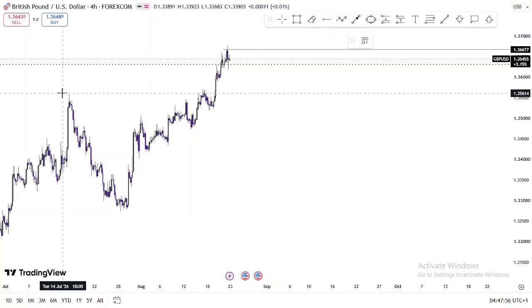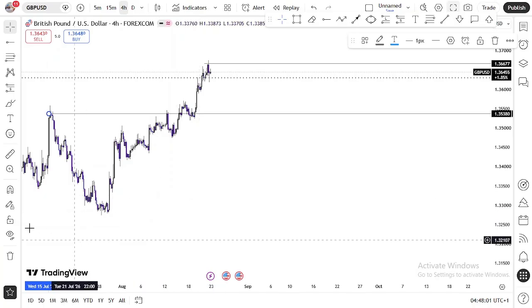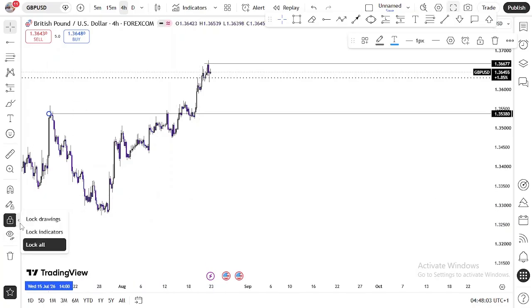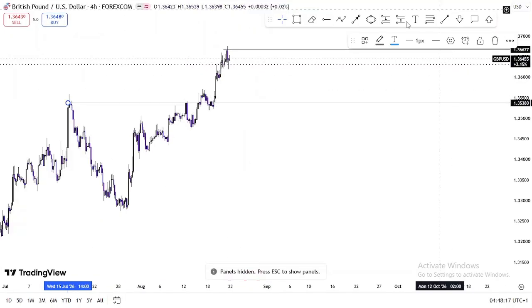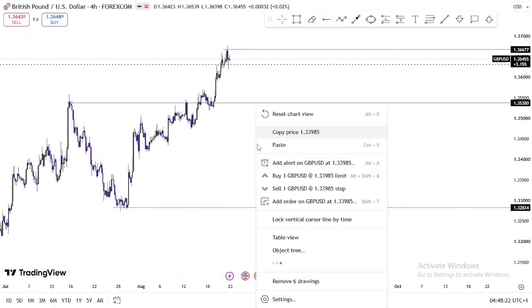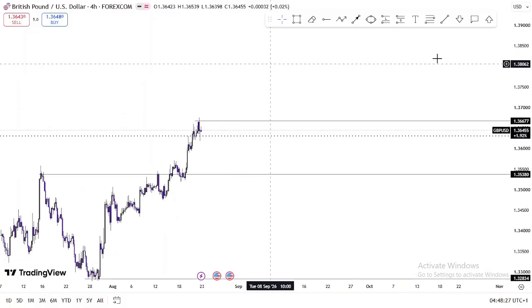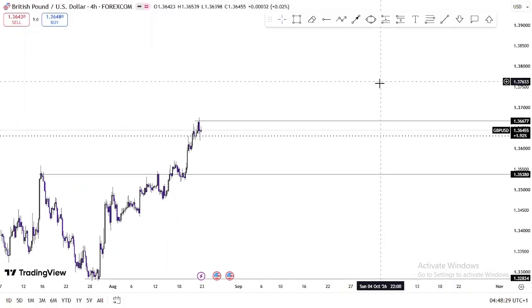My drawing tool is still not locked. Two seconds. Yep, lock drawing tools. So we have this major high here, and then this high that was broken, and then we have this major higher low here. So keeping in mind that we expect price to come back in and around these areas here,